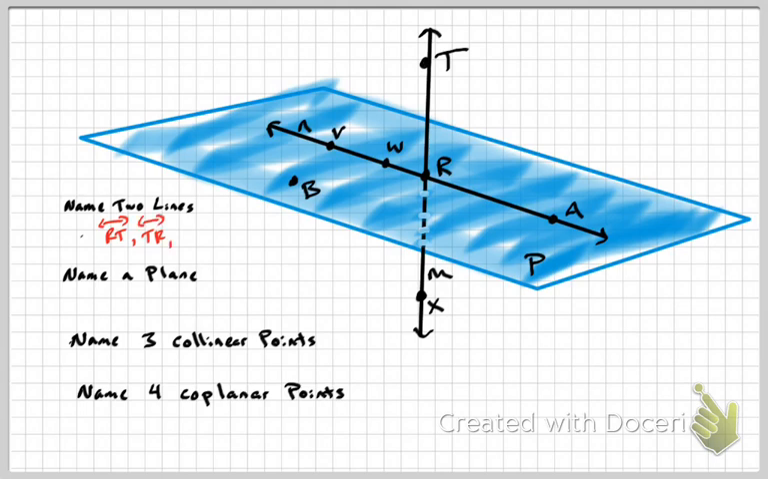I could also name it XR because I'm using the point X. I could also name it line M, because that M right there, notice there's no point associated with it, and it is a lowercase, so that's also referring to that line. Okay? Now the other line,